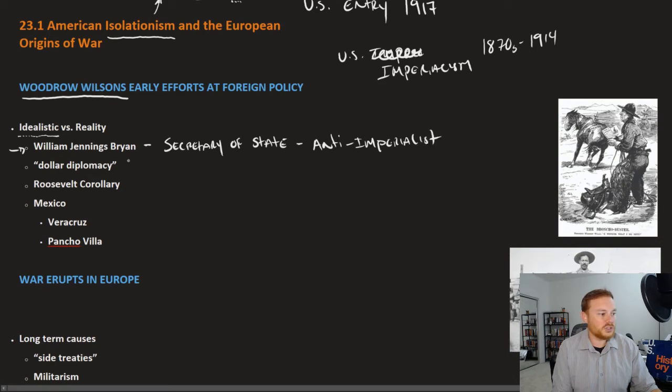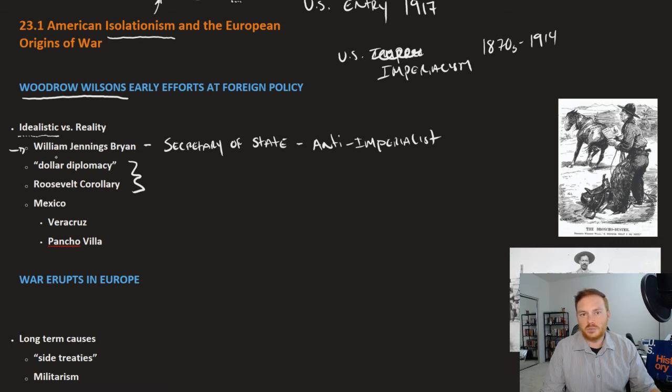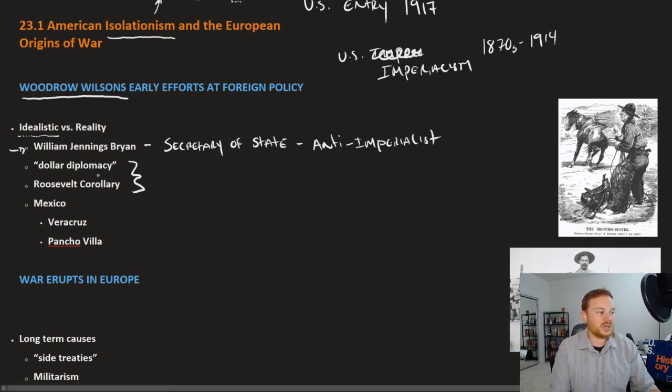Two of the ways in which the United States exercised control around the world: dollar diplomacy, which was pretty much getting nations to become indebted to you, used in Central America by William Howard Taft; and the Roosevelt Corollary, which more or less allowed the United States to become more aggressive in dealing with Latin America and the Western Hemisphere. Woodrow Wilson really moved away from these things. In terms of his idealism, what Wilson wanted was kind of less involvement, right? So this was his idealism.